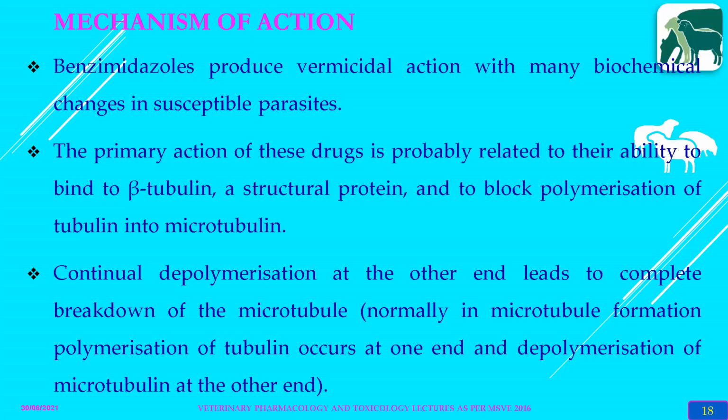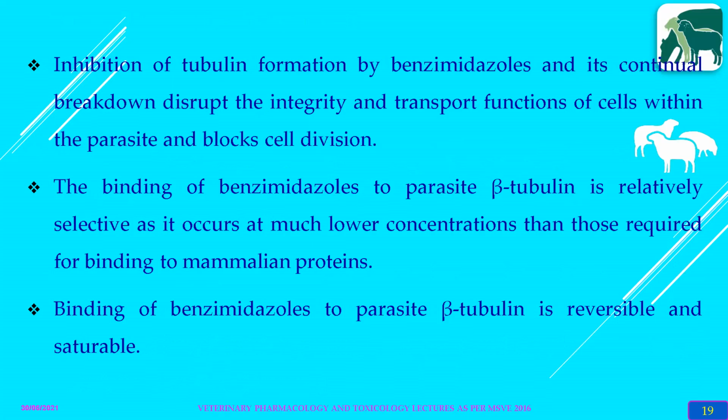This tubulin into microtubule conversion is very much required for the growth of the parasite. The continual depolymerization at the other end leads to complete breakdown of the microtubule. Normally in microtubule formation, polymerization occurs at one end, and depolymerization of the microtubule occurs at the other end. So inhibition of tubulin formation by benzimidazoles and the continuous breakdown of this tubulin causes